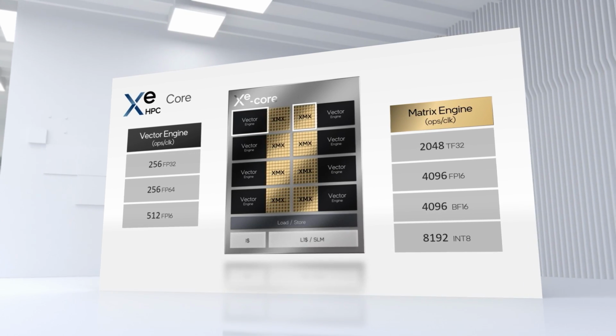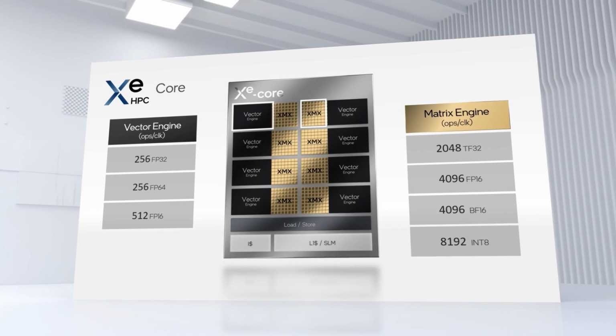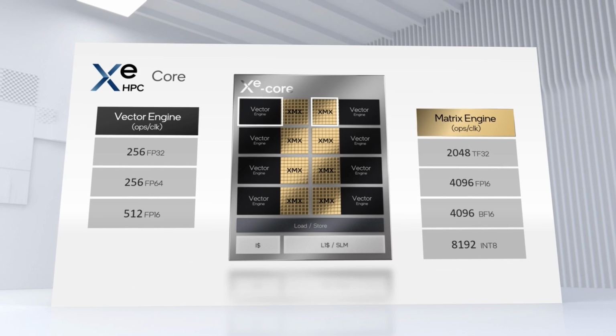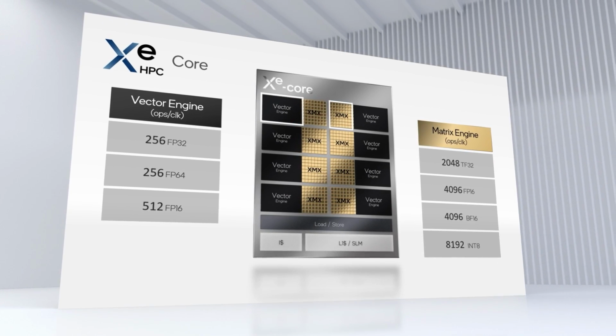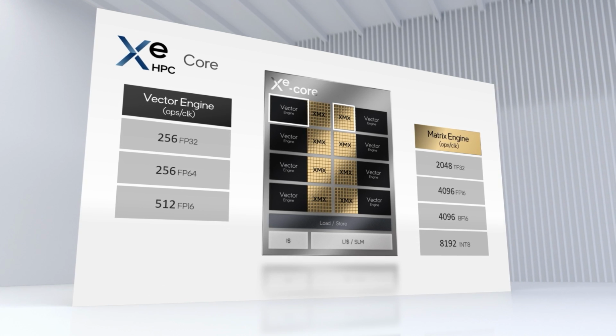Comparing ops per clock for critical data formats is essential for high-performance computing and AI. Here I'm showcasing those data formats and what an Xe core can do. But this is not all. We can also co-issue instructions to exceed those single-op per clock rates. Our Intel libraries and kernels take full advantage of this for increased performance of the Xe core.